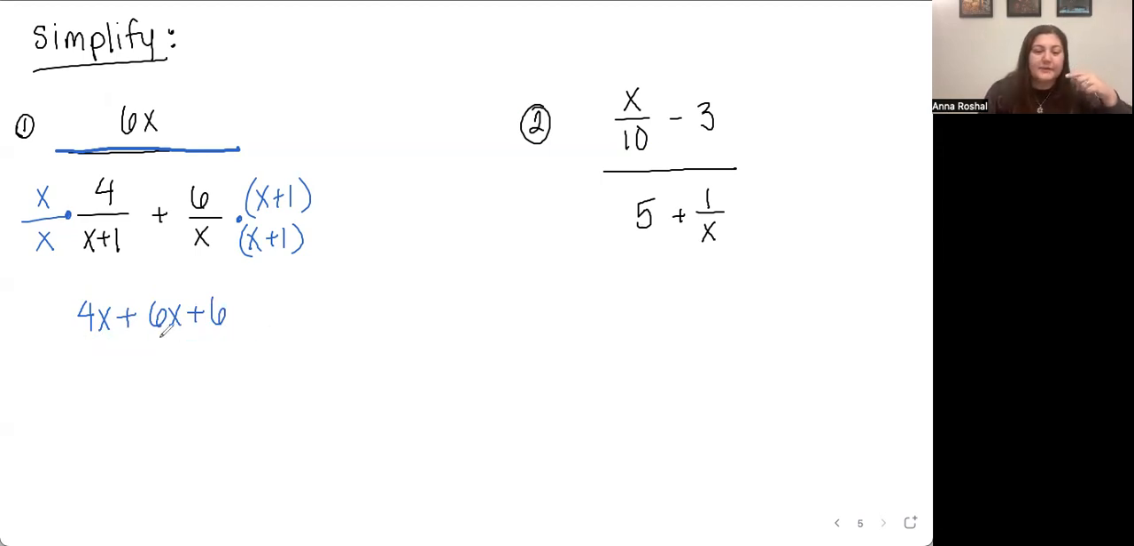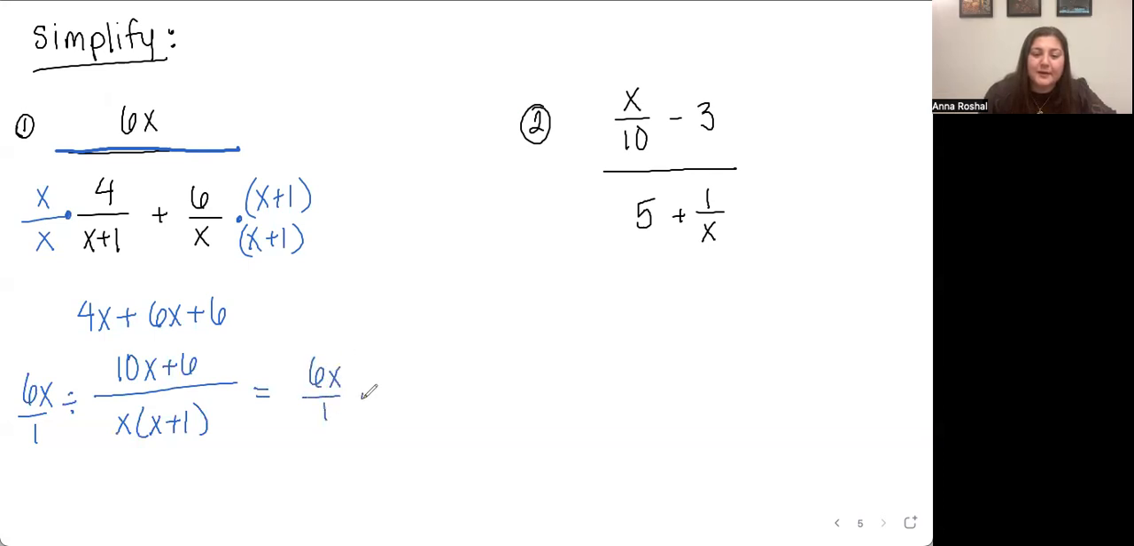And then actually before I even write this over whatever my denominator is, I'm going to combine these two. So I'm going to end up with 10x plus 6 over this x times x plus 1. And because I can't simplify anything, I'm just going to leave it as is. But I do want to note that my original problem said 6x, right? So I have this 6x over 1 divided by this whole business here. So instead of that, I'm going to do 6x over 1 times x, and then times x plus 1 over